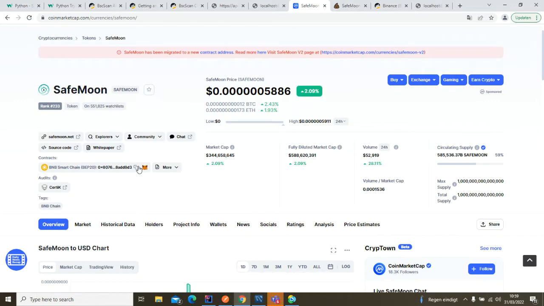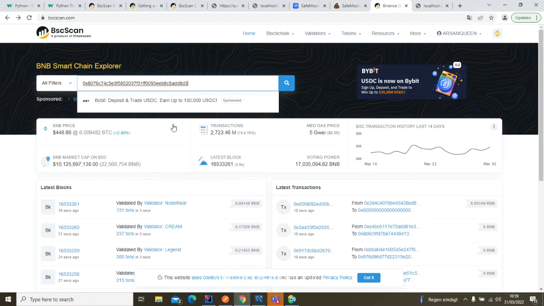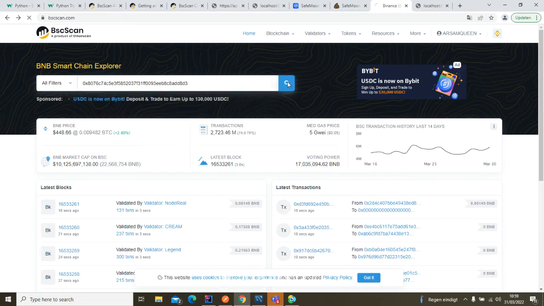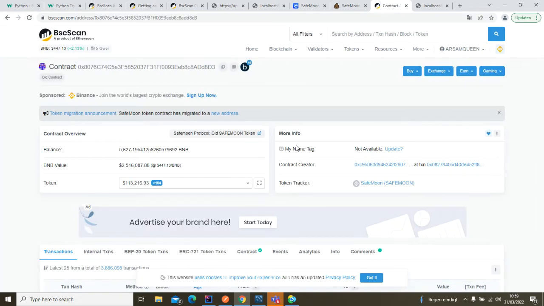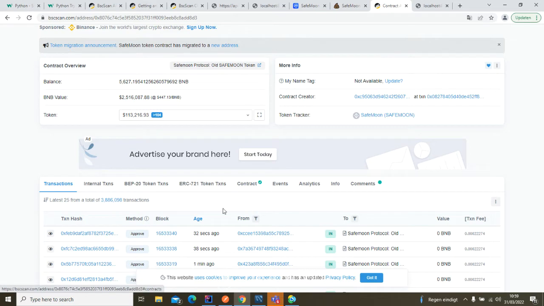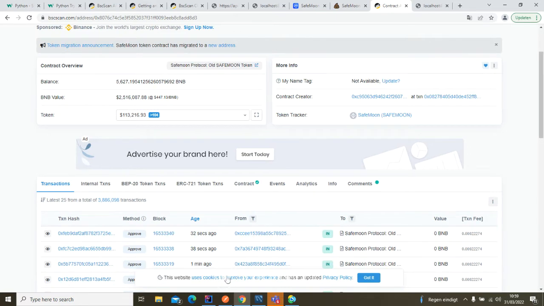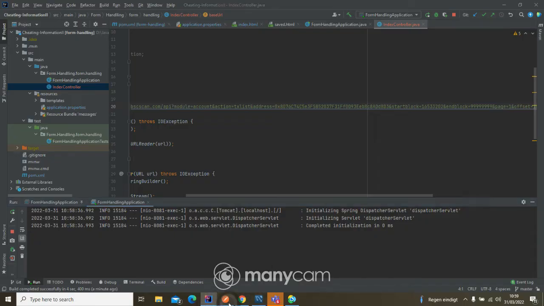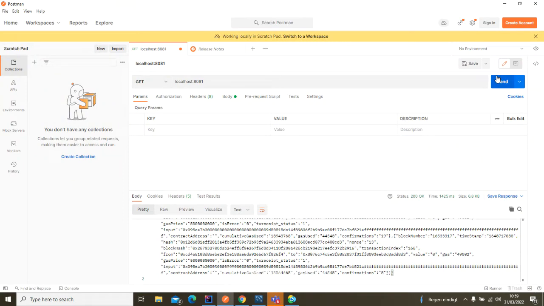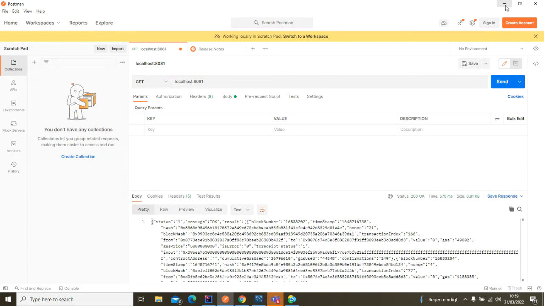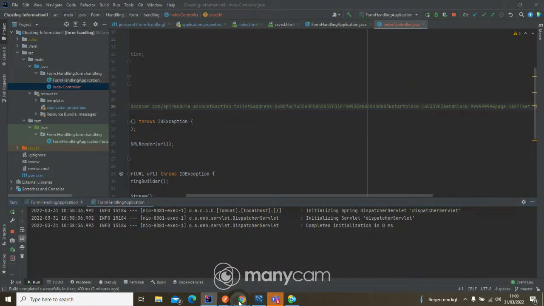Here I am copying that. Guys, you have to put this one here, and here the last block is 3344, the 40, and now